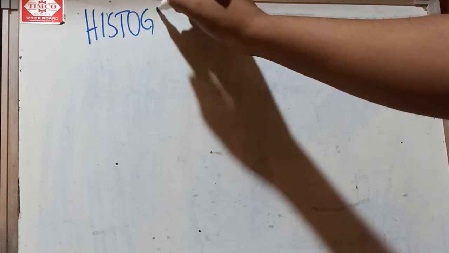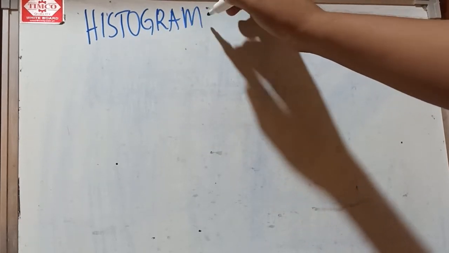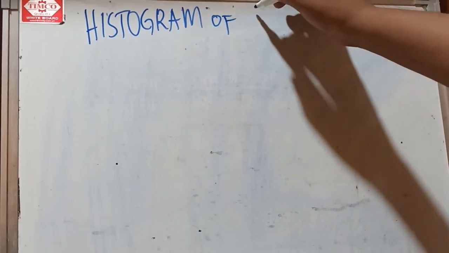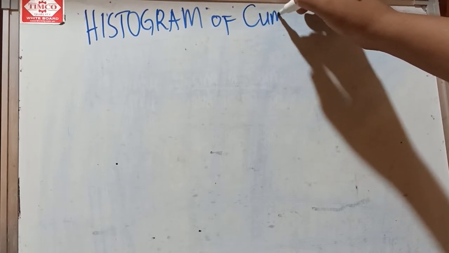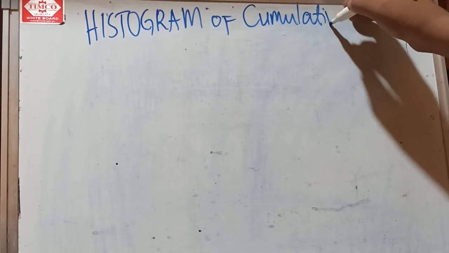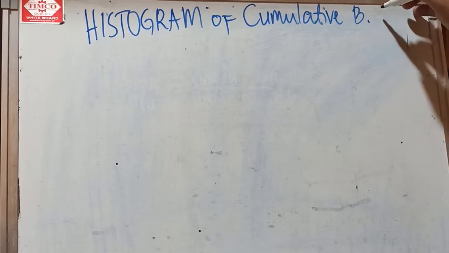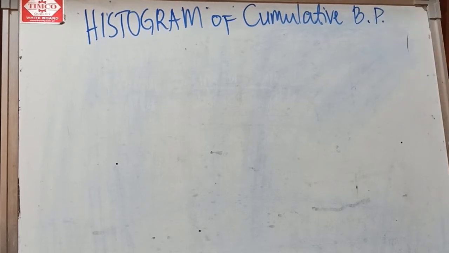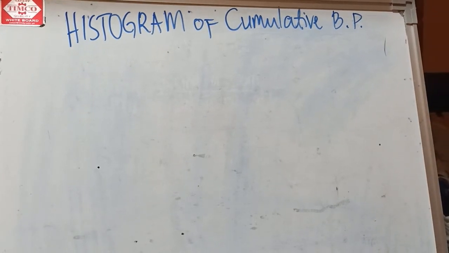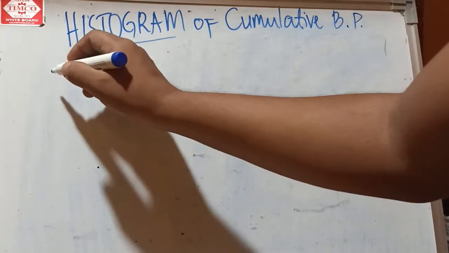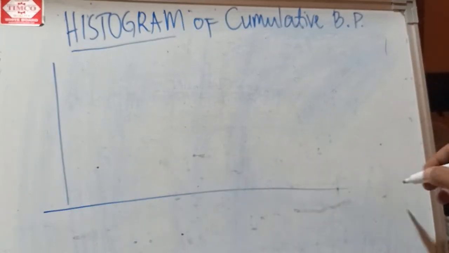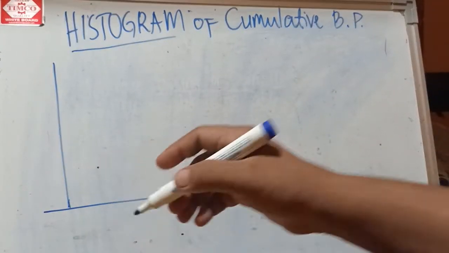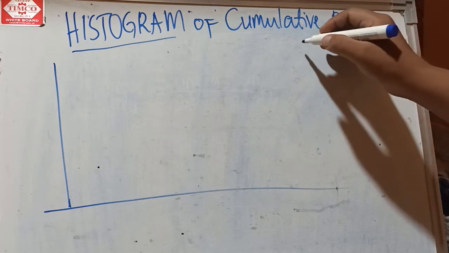Okay, the next topic is how to create a histogram for cumulative binomial probability. So this is our focus now: how to create a histogram. Of course, we try to create it like that. For example, the question is like